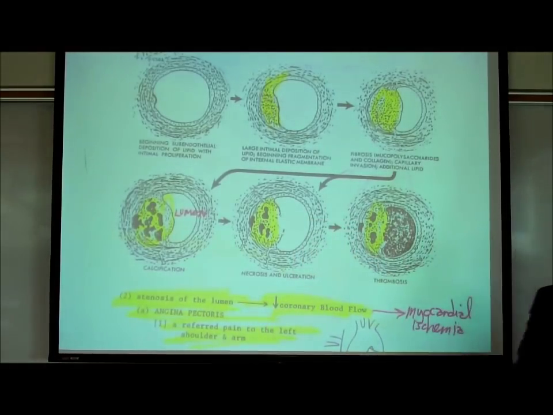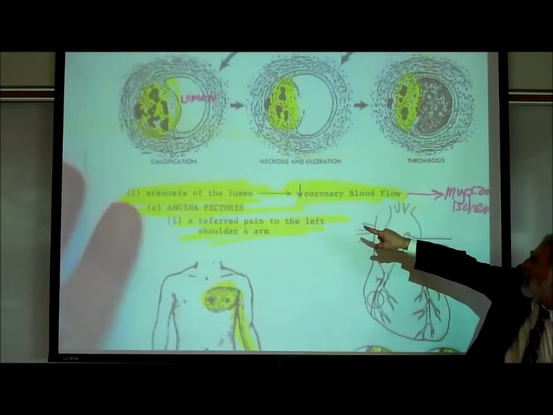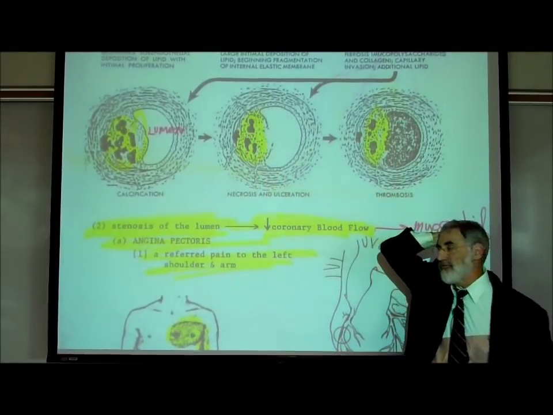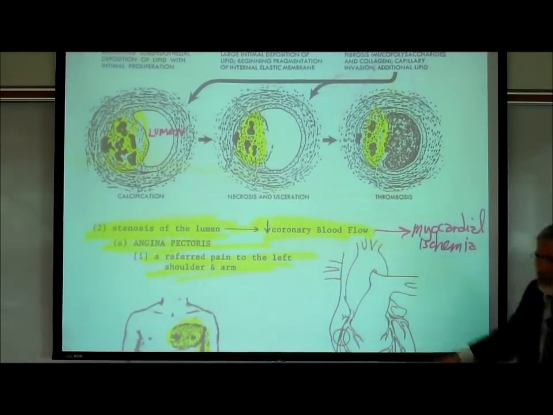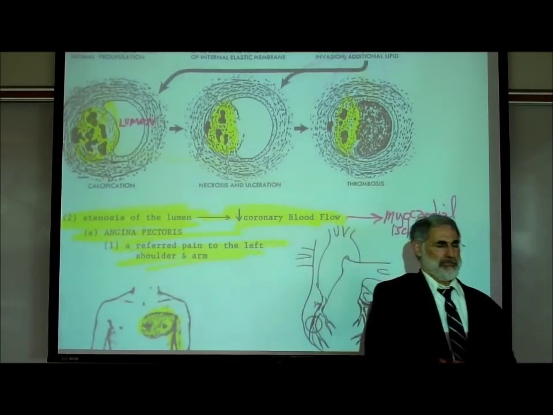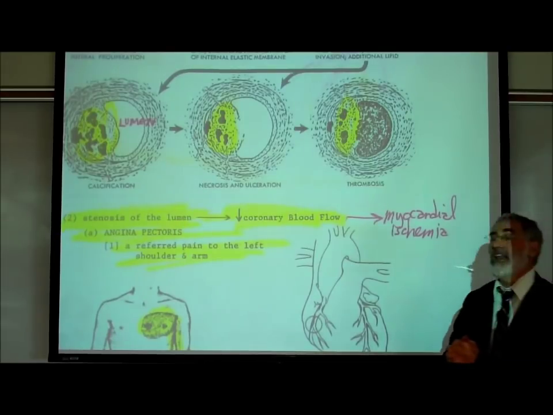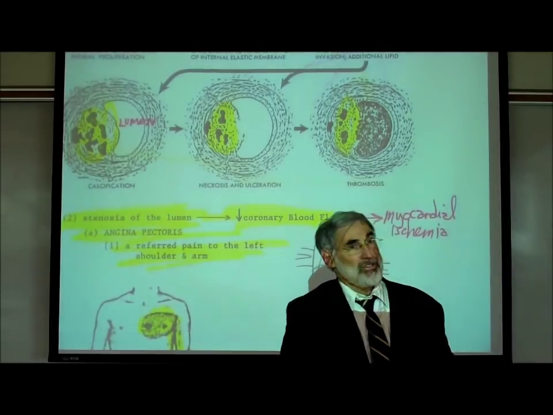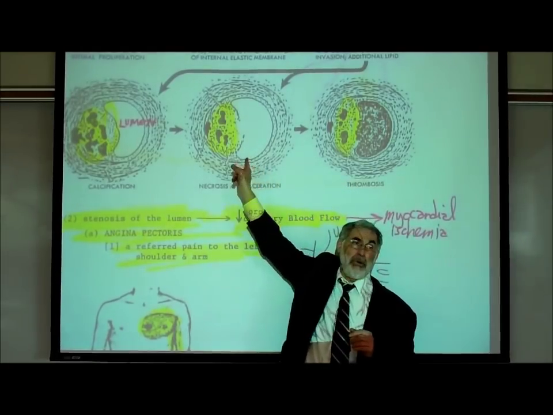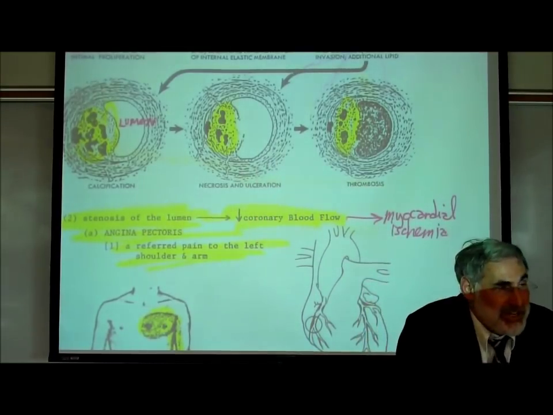And so this stenosis or narrowing of the lumen, as I wrote right here, due to the progressive occlusion due to the buildup of fatty plaque, is reducing coronary blood flow. This is going to lead to myocardial ischemia. Now, this is going to be especially a problem whenever the heart rate speeds up. So even if you're getting enough blood flow through this occluded, clogged up coronary artery when you're sitting, anytime you're stressed, physically or emotionally,